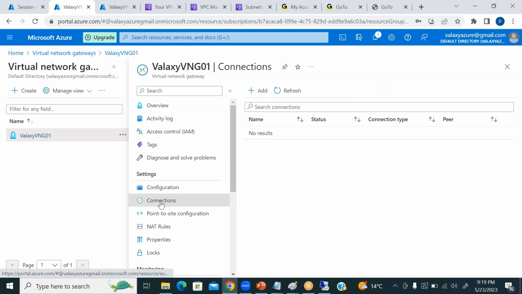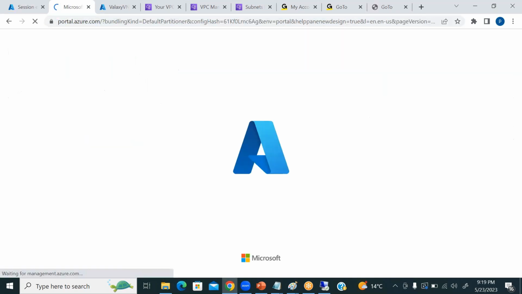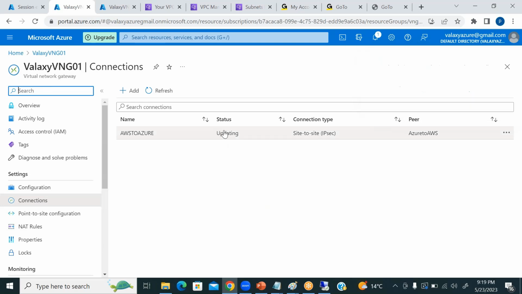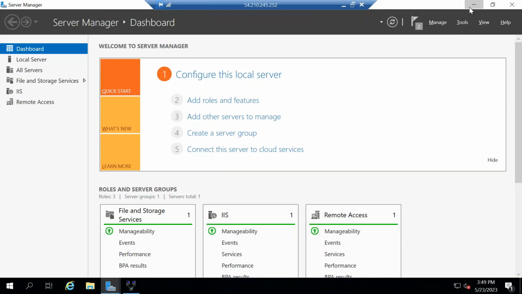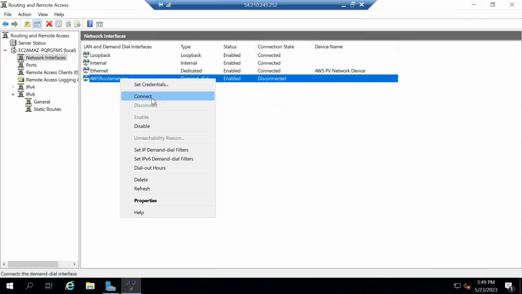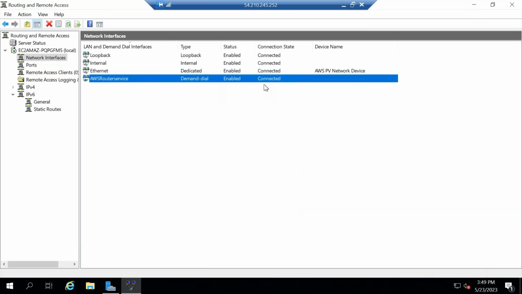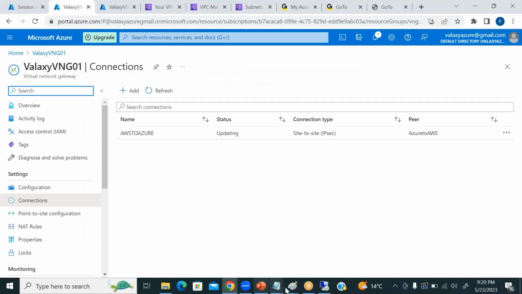And in the connections tab you can see, it is updating the status. It should show as connected. Then only it's confirmed that it is connecting there. But what happened to this one? Still it is not yet connected. See, now it got connected here. So without any issue it got connected. Initially it was giving some trouble, but now it got connected. Means successfully this RAS server connected